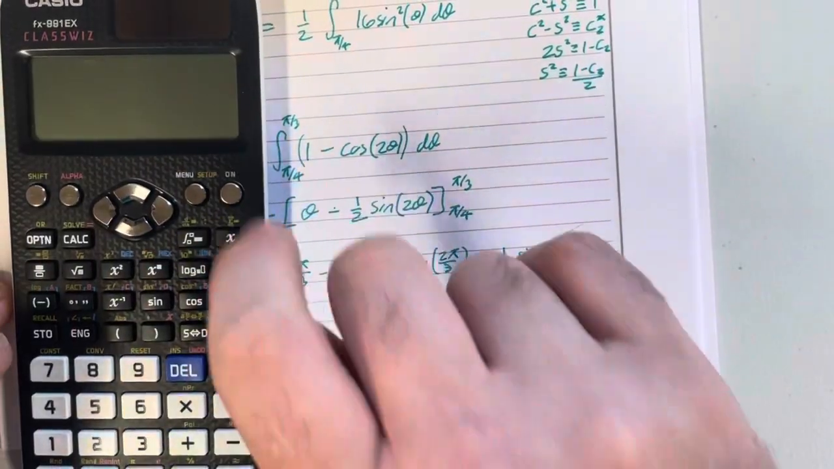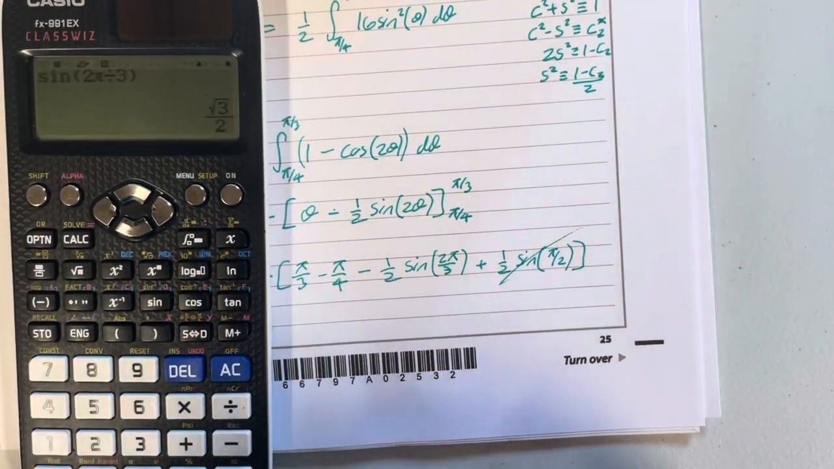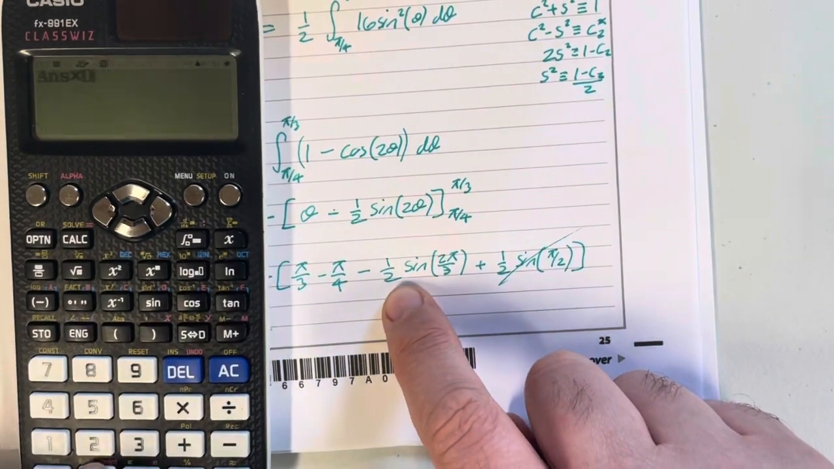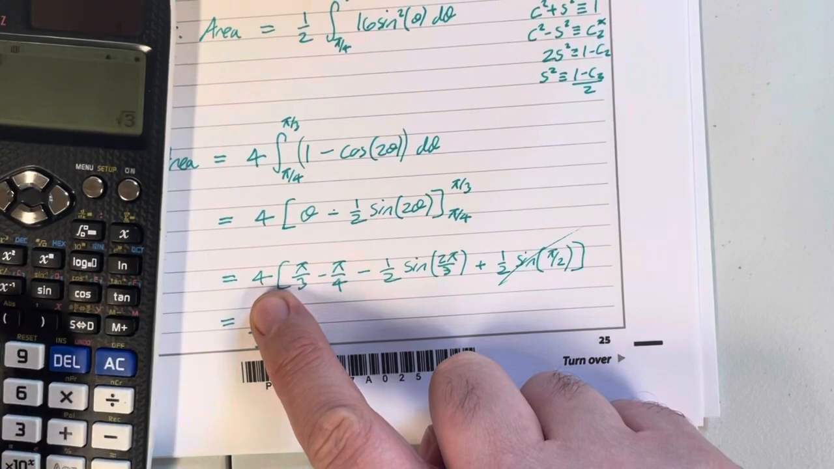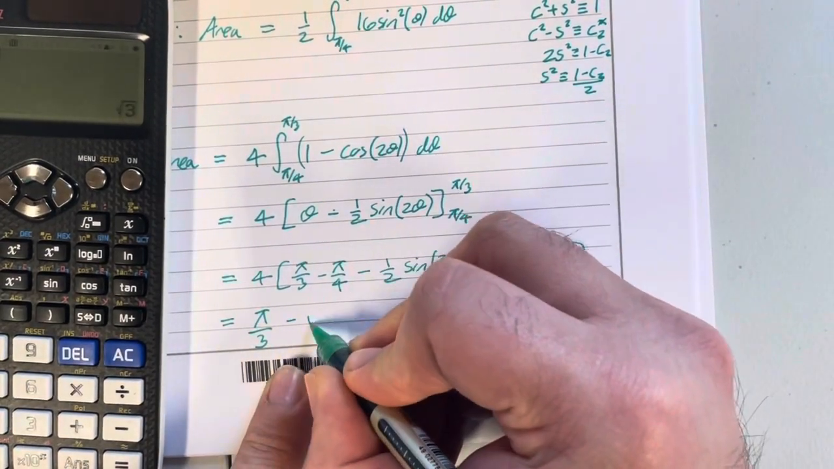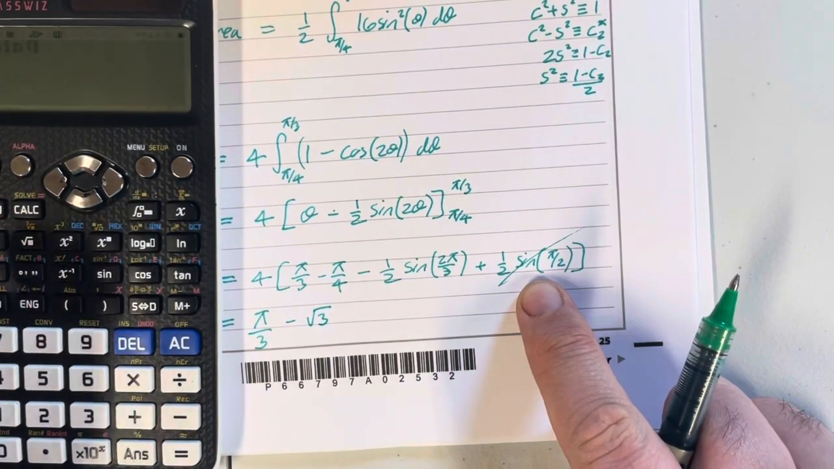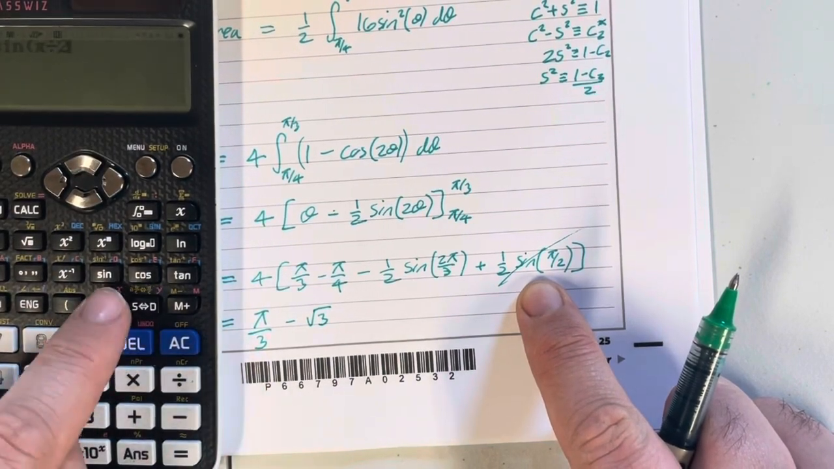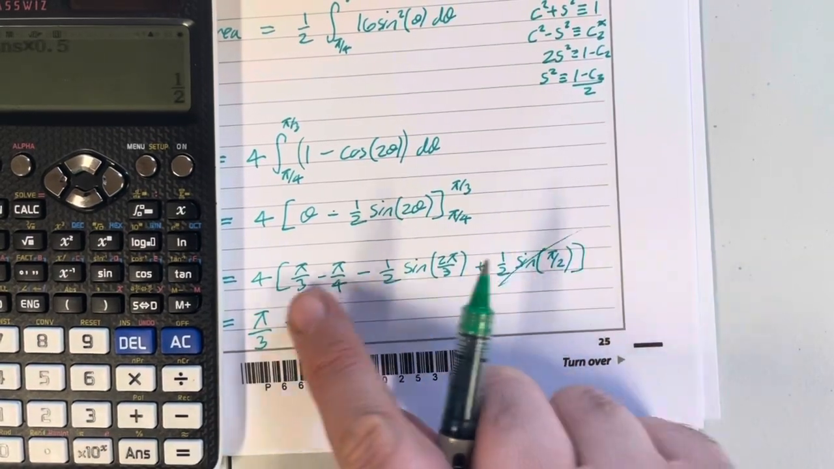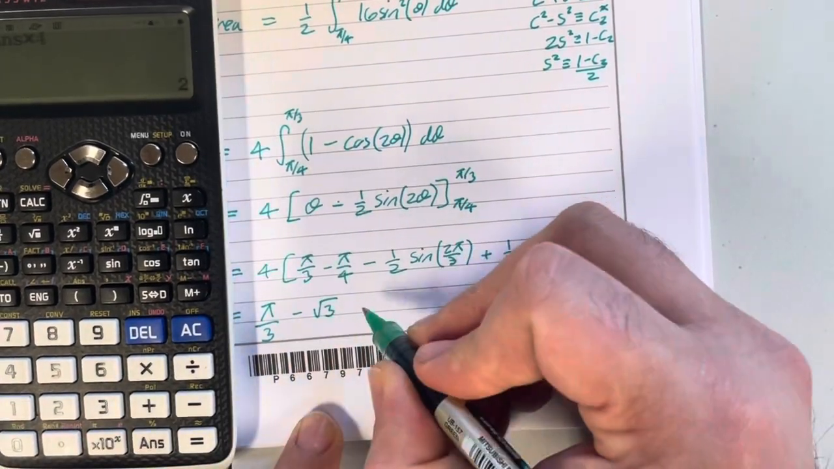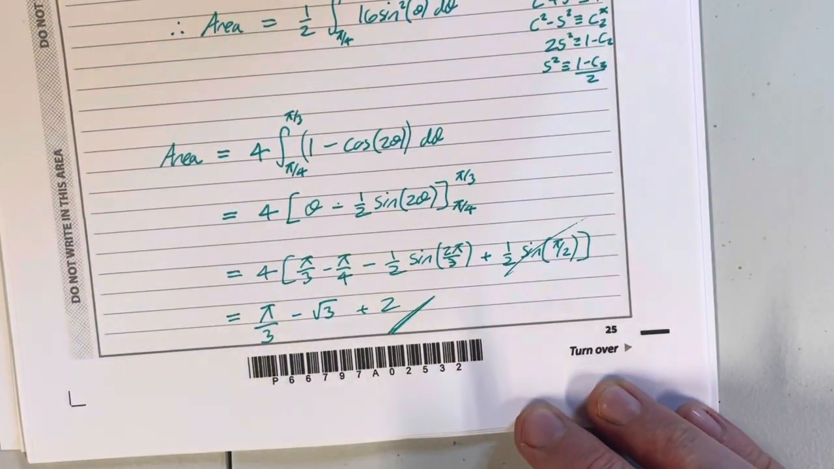Sine of 2 pi on 3 is root 3 on 2 times a half, and then times up by 4. So that's just root 3, so minus root 3. And then this number here, sine of pi on 2, is 1 times a half times 4. Okay, so I get pi on 3 minus root 3